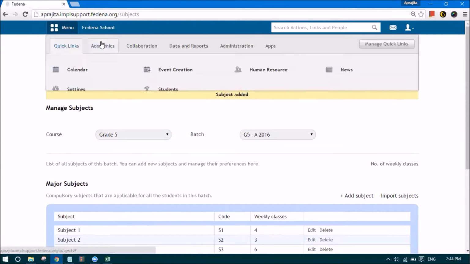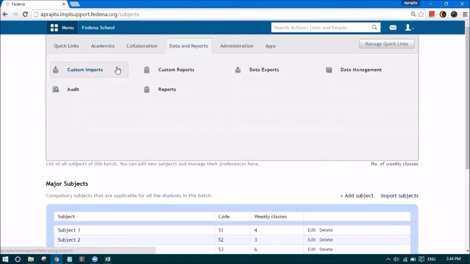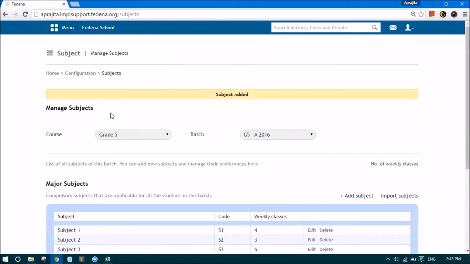Once we have done these settings, since it is a fresh and new batch, I can admit students. Now, there are 3 ways in which you can admit students. The first way is using an online application form. You can publish this course as an online course for the students. That would mean that the prospective students can apply online.